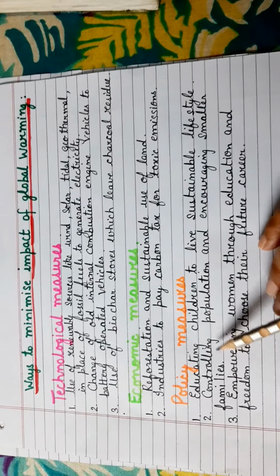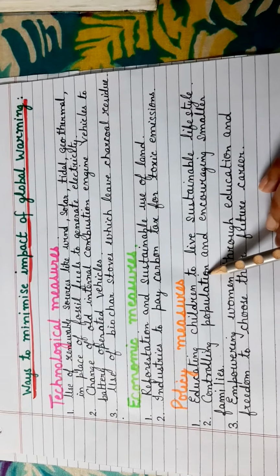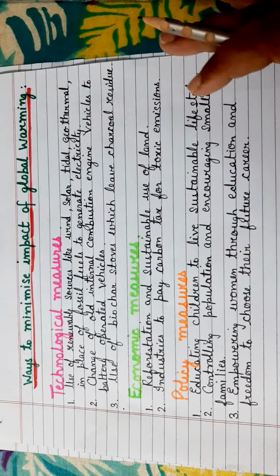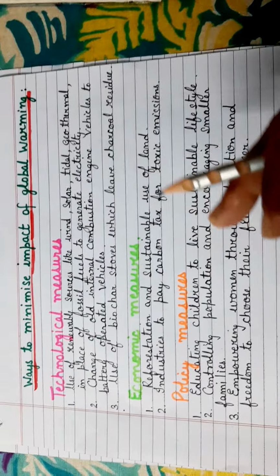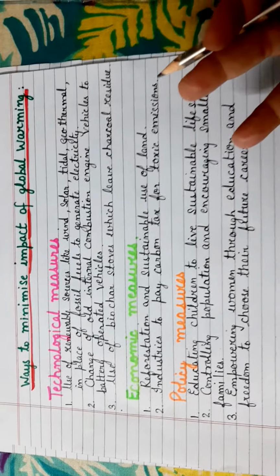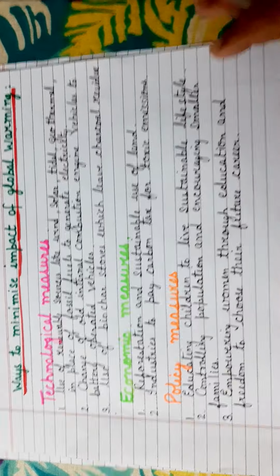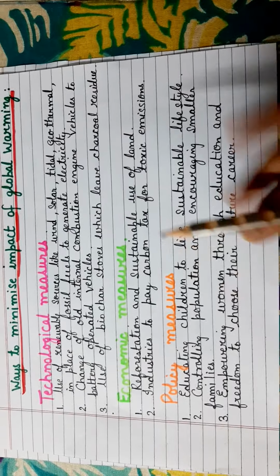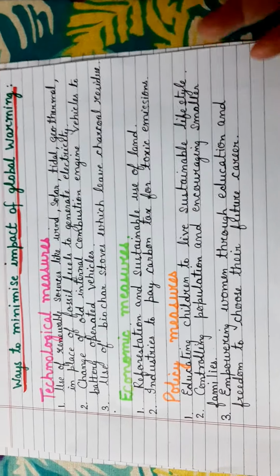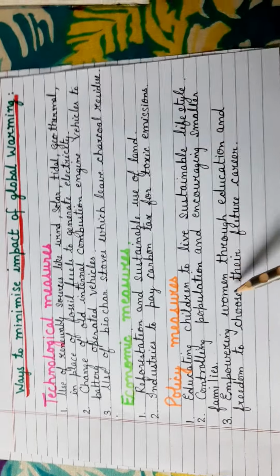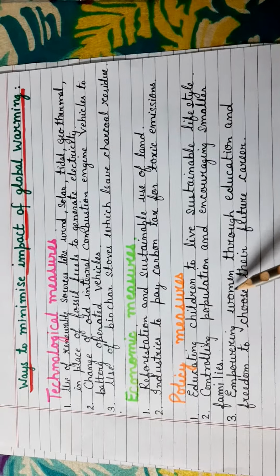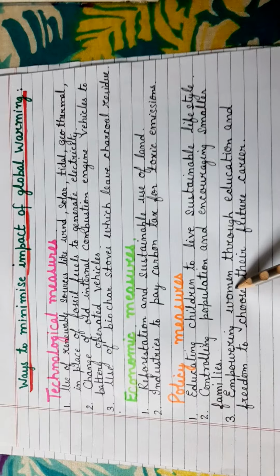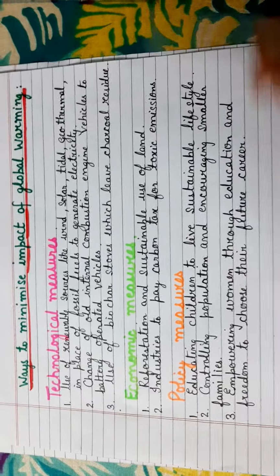Then we can also adopt a measure of controlling population. Yes, definitely, because if the population is uncontrollable, definitely the resources are going to be overused, and that is going to lead to the addition of more pollutants in the atmosphere and a poor lifestyle. And finally, we have to empower women, because women are the ones who educate their children and generations, and they can actually create awareness among the people about the bad effects of global warming and how we can control them. Okay, children,